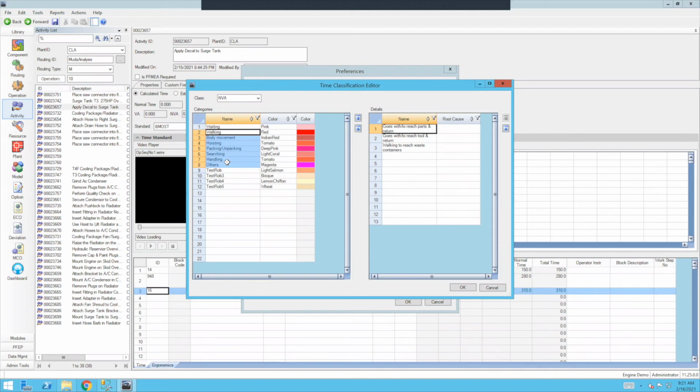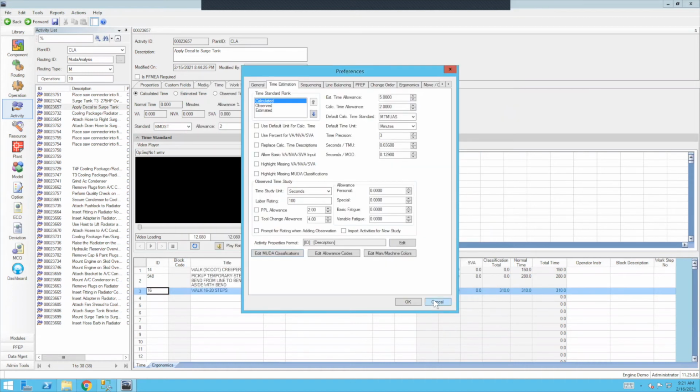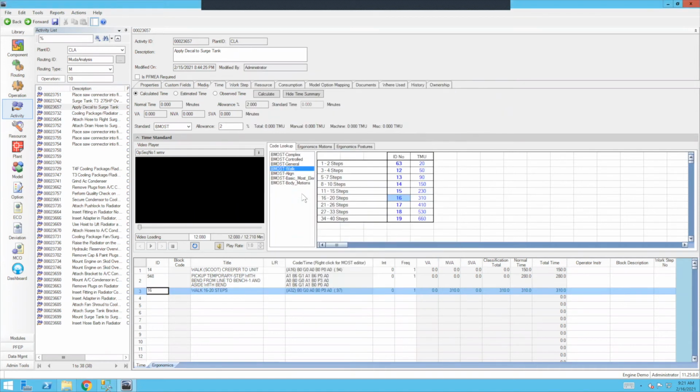the box. You can add your own categories, you can add your own details, and you can set them up as you want, right? So that's an important factor because that lets you do MUDA based on the way that your factory is operating. Okay, so that's basically defining the MUDA, right? So going into an activity, going into the details of the activity and categorizing the waste that comes out of